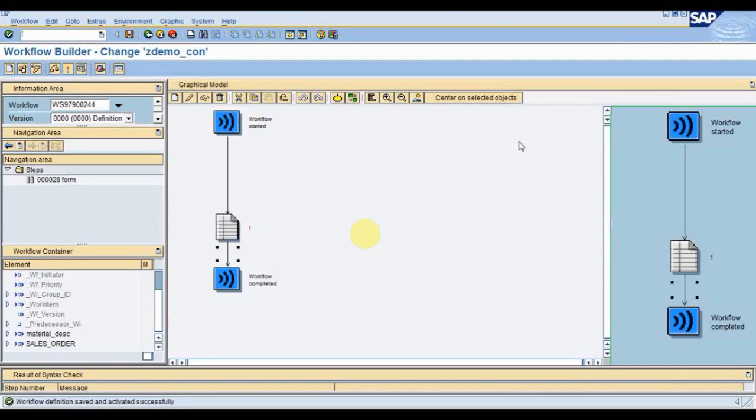But today we will be discussing levels. Suppose at the first level one user ID is maintained, and at the second level two user IDs are maintained, based on, say, some company. So we will see how we can build that particular table and how we can build that particular workflow.